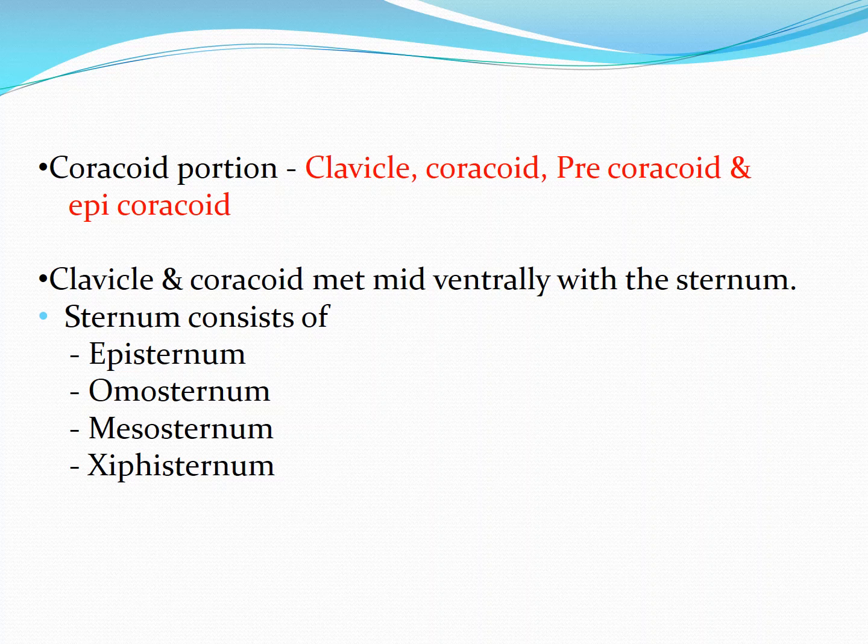Episternum is a flat, large circular cartilaginous structure which is found above, followed by homosternum. Here homosternum forms a rod-like structure. The anterior end of the homosternum is fused with the episternum, whereas the posterior end of the homosternum is fused with the clavicle, which is followed by mesosternum, once again a cartilaginous structure which lies behind the coracoid, followed by xiphisternum, once again a large circular structure found at the distal end of the mesosternum.